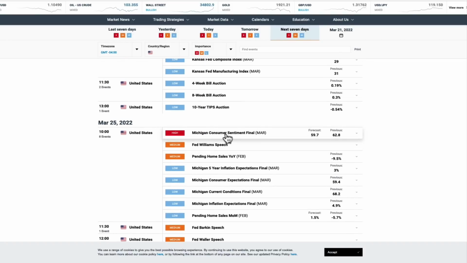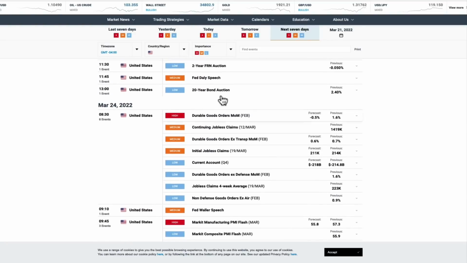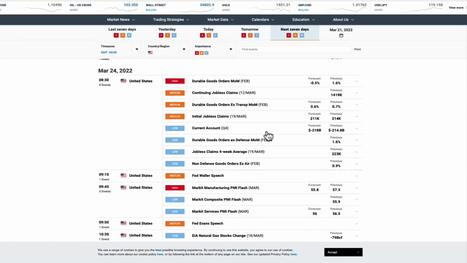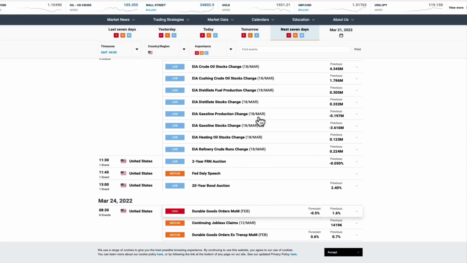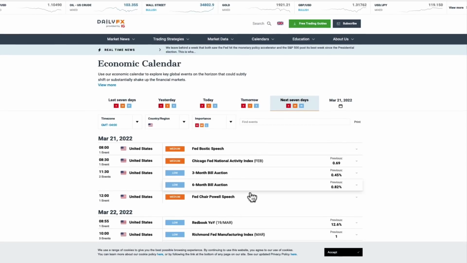This will be a big one on Friday, Michigan consumer sentiment. You've got these things here, durable goods and manufacturing. I don't expect these to move the market, even though they're high priority. They're big reports, but I don't expect them to move the market, given what we have behind us and what we have in front of us with earnings. I think that'll be the big focus. And I think this week the Fed speakings, all the talks from the different Fed participants, are going to dominate the conversation. That and earnings. And, of course,